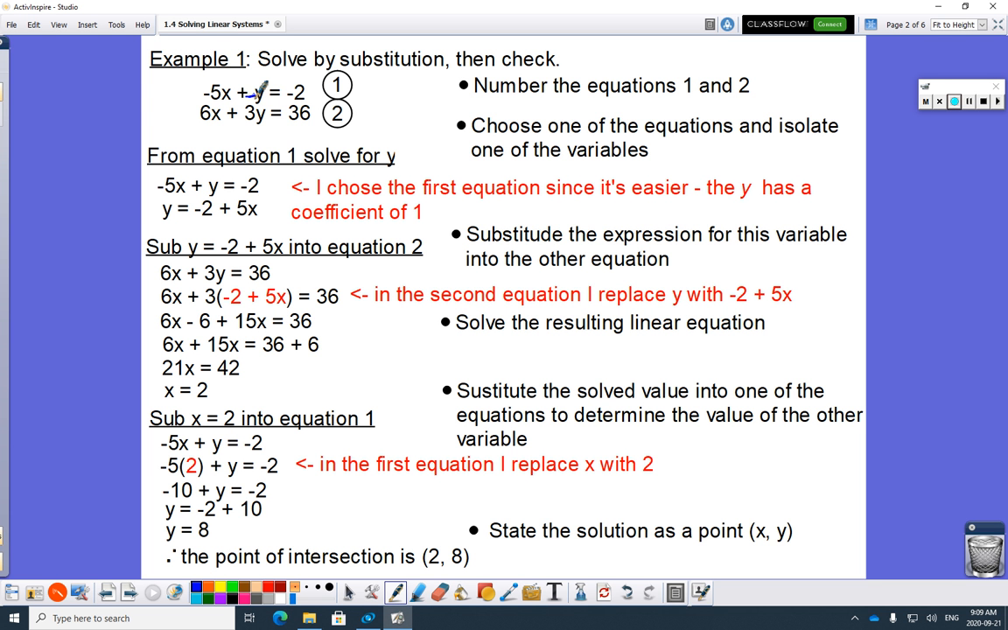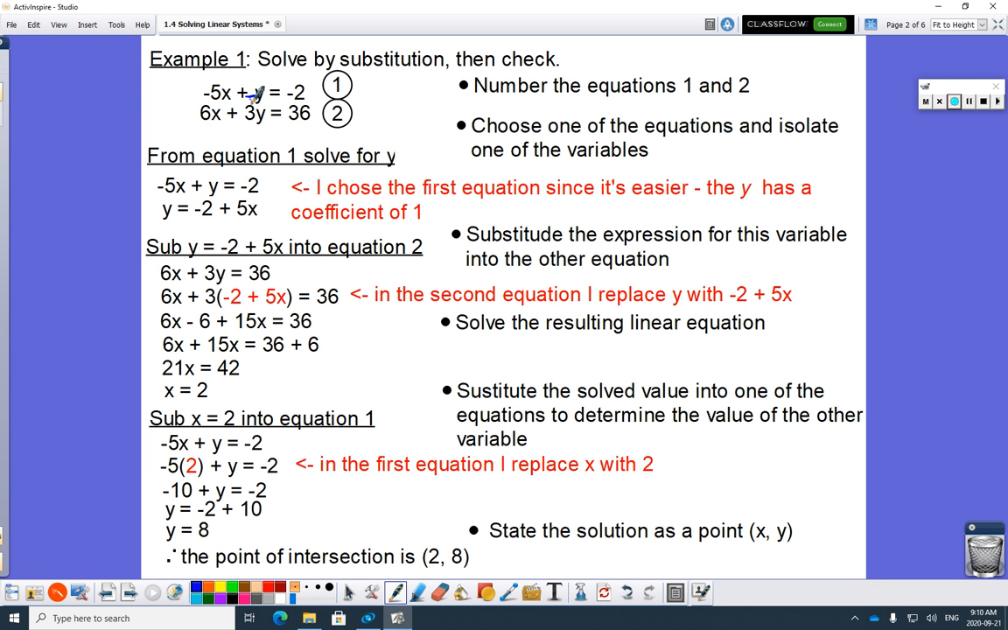Could you do the negative 5x, the 6x, or the 3y? Yes. But then your last step will always be to divide by that number, which is fine, but sometimes then you get fractions and people don't like that, right? So if you can, and you won't always be able to, choose the equation that has a variable with a 1 in front of it. So from equation 1, we're going to solve for y. So then when you label them 1 and 2, you know which equation you're talking about. And in the red, I can't photocopy color, but if you want to highlight it, I chose the first equation since it's easier. The y has a coefficient of 1,